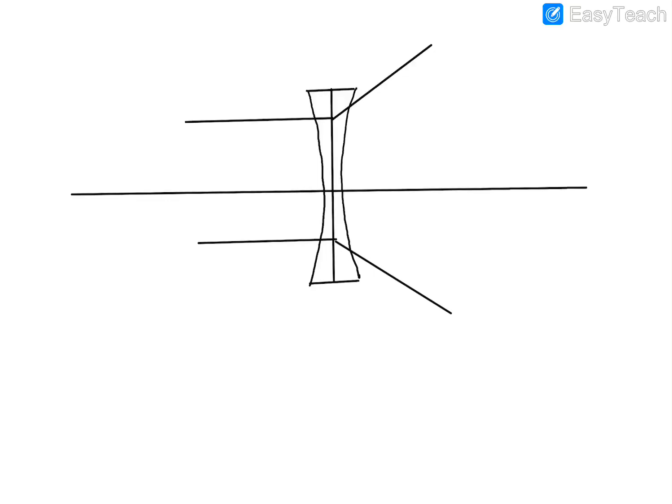You have to start drawing from this point F2 here. So first you'll draw a dotted line till here and then make it straight out. Same way, draw a dotted line till here and then straight out. Is it clear? So that's how you draw the concave lens and the second focal point of a concave lens.